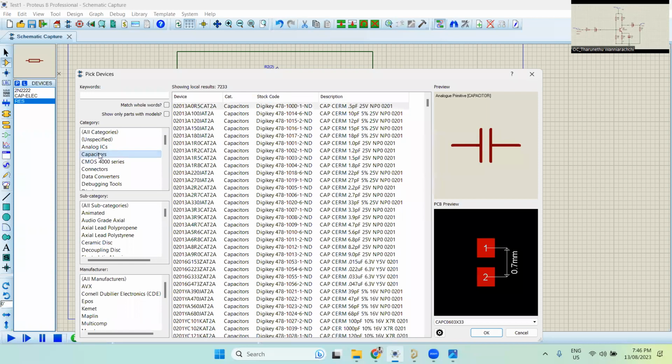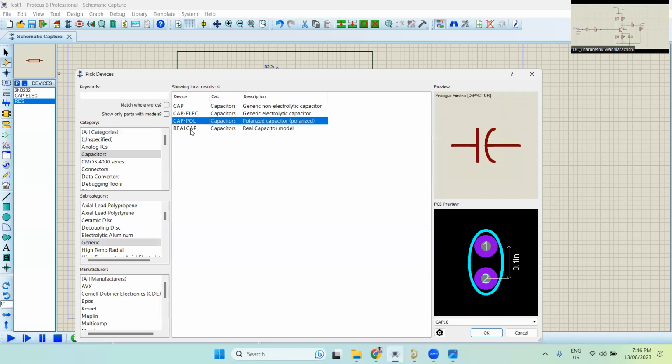Right, here under the capacitor category, this is the subcategory we need. In the subcategory, there are different capacitor types. Those are the capacitor types. Okay. Under generic